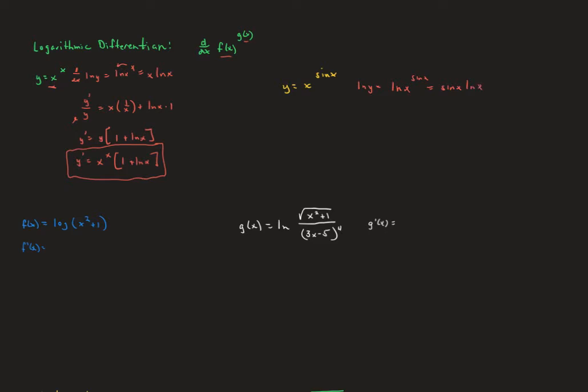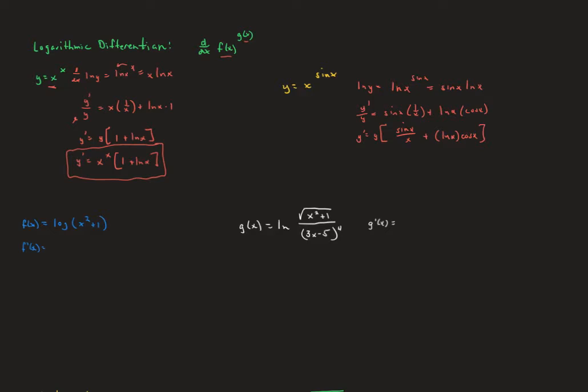So we can now do implicit differentiation and get y prime over y is equal to the product rule now, sine x, the first, times our 1 over x, plus the second, natural log of x, times the derivative of the sine x, which is cosine x. We can multiply the y to the other side, and I'm just going to call this sine x over x. And I don't really have a great way of writing this one, so I'm just going to say natural log x times cosine x,